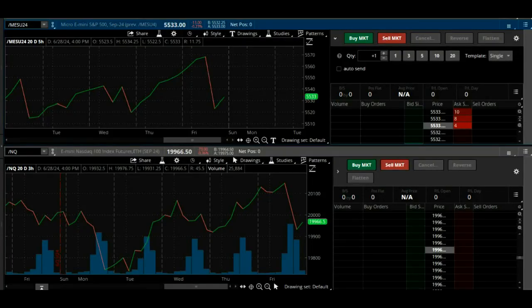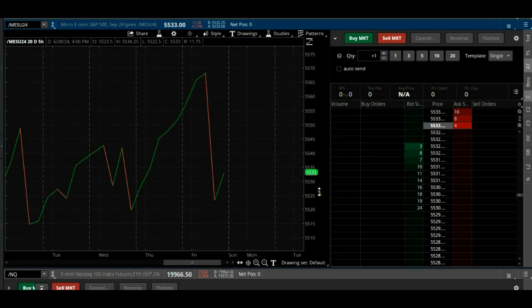Today, I'd like to illustrate how to find the market turns in any market. Today, we're looking at the micro, and I have the NQ up here. We'll take a look at the micro first. Okay. Now, the market would be